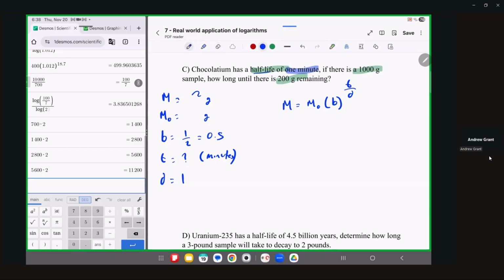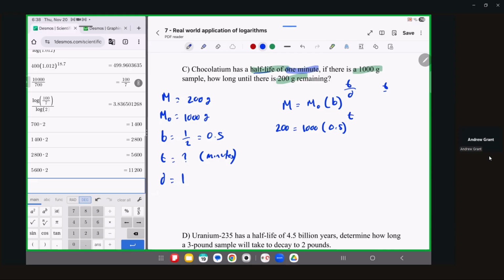The final amount should be 200 grams, and we started with 1,000. Because remember, the chocolatium is a chocolate bar that's disappearing over time. If you've ever left it at a place of work, half of it tends to leave the table every time you look at it. We have 200 is equal to 1,000 times 0.5 to the power of just T,